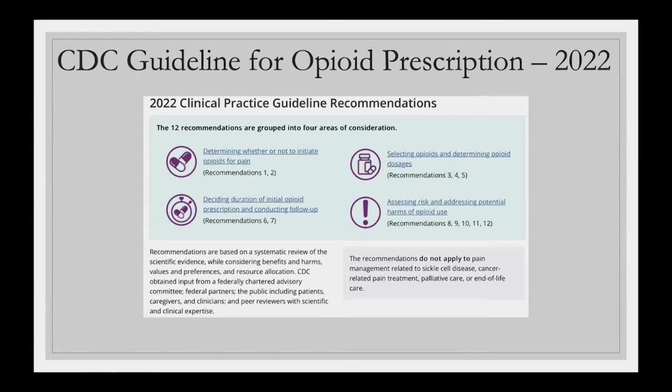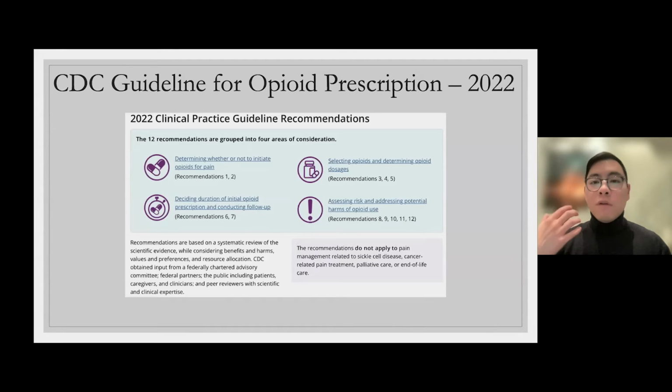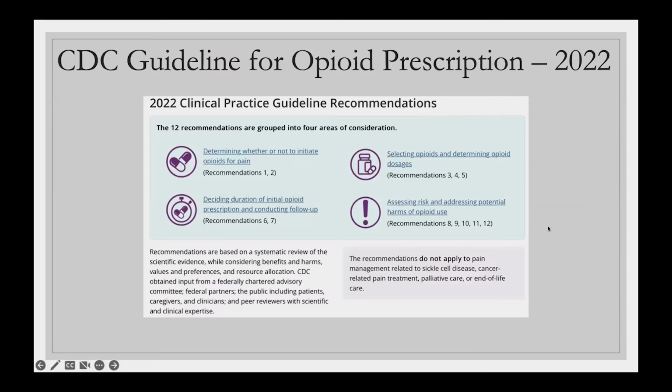And then there are other things it talks about, including urine tox screening and other safety measures that go into prescribing opioids. The last thing is continual reassessment. You don't want to put patients on opioids and have them take it continuously without any reevaluation, because it shouldn't be a medicine that you're on forever unless you're in a very specific circumstance. It can be something you are on temporarily and then you replace it with other things that can last a little bit longer and have less of a harmful side effect profile.